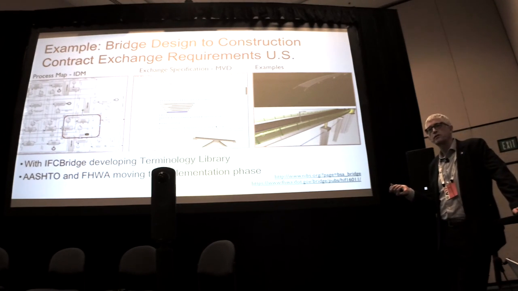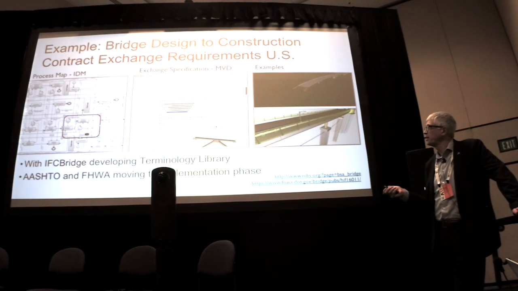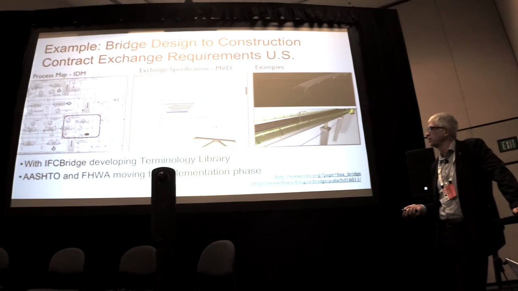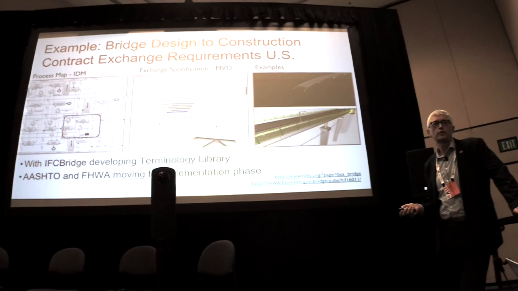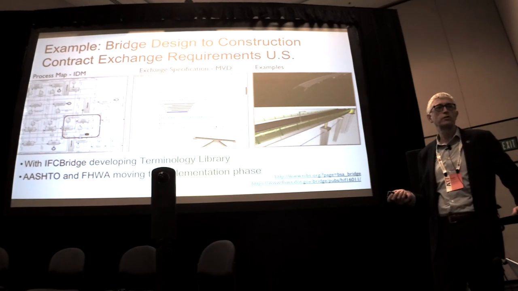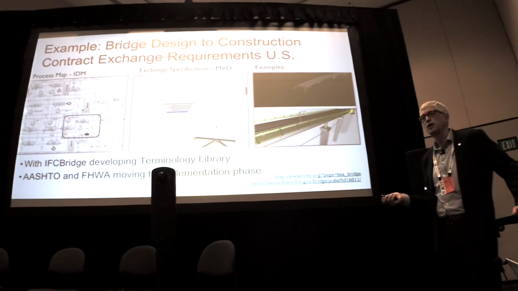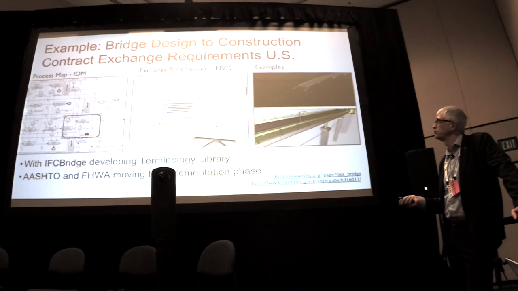We could take those general files made from capturing those drawings in IFC and use the tools available today to do this for bridges. And we're working now with AASHTO and Federal Highway to move this to a standard here in the U.S., which I think would be a big breakthrough if we're able to do this for how do